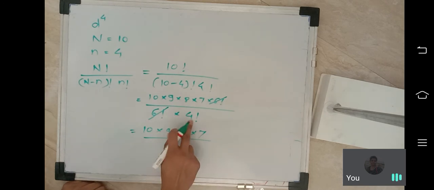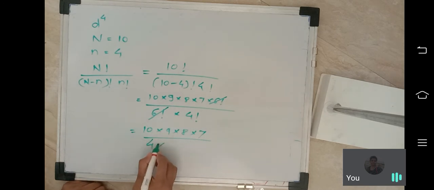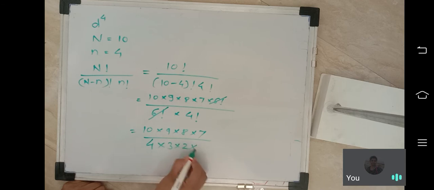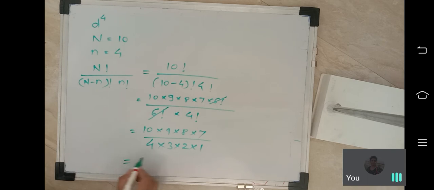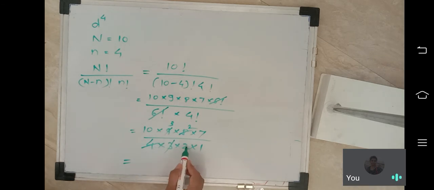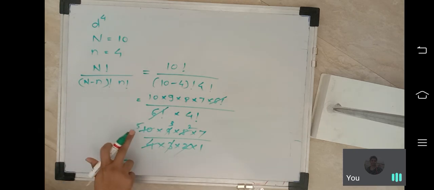So how do you write 4 factorial? 4 into 3 into 2 into 1. This is the factorial of 4. Then you simplify here: 4 and 2, okay, 3 and 3, okay, 2, 5. Then what is the answer here? 5